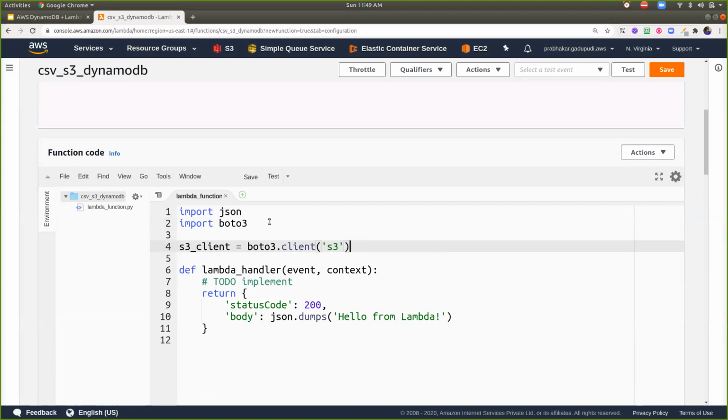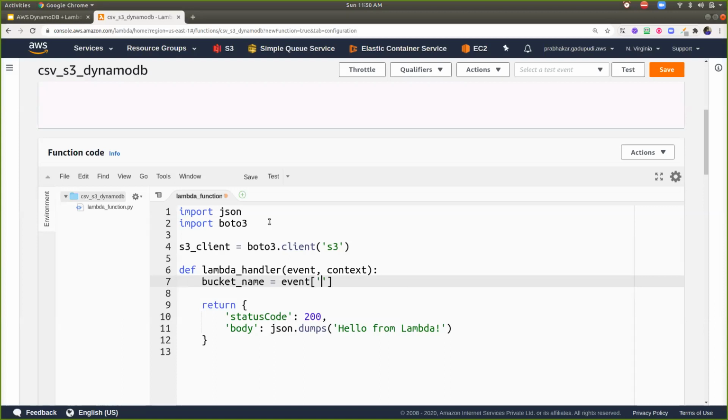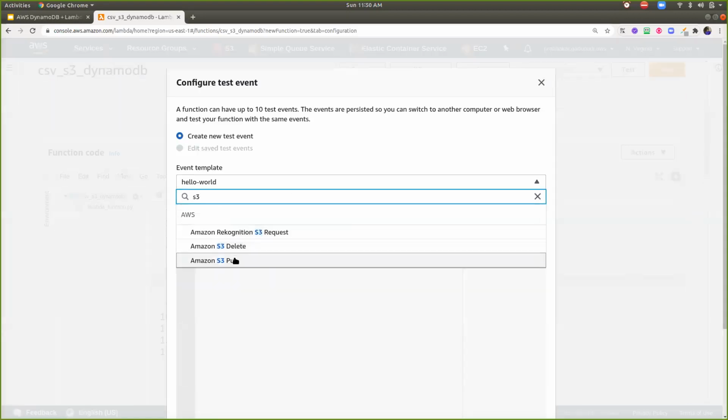Then here I'm going to read the CSV file content, which is inside S3. So here I'm specifying the bucket name. The bucket name, first of all, I'm getting it from the system, inside the records. If required, you can click on the test, and inside this test you can put S3 put.